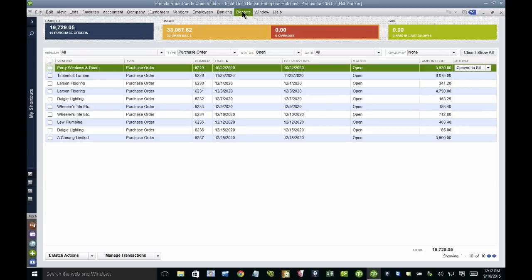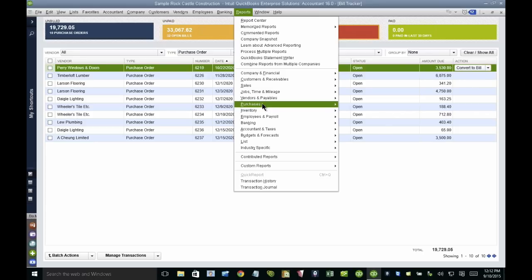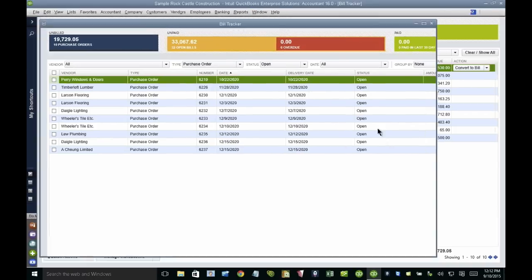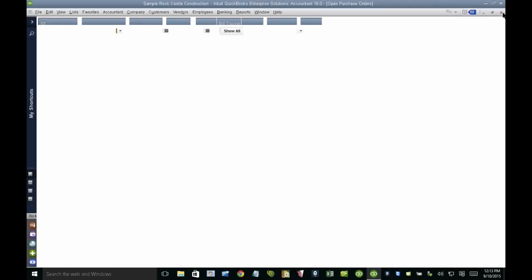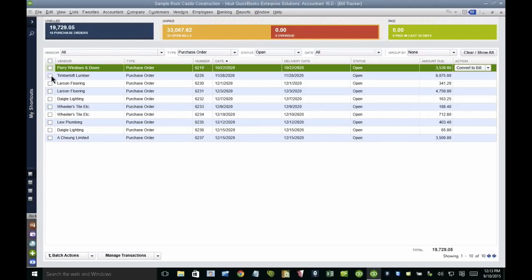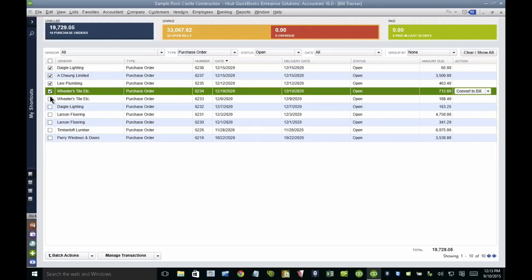So if I pull a report, let me just go back to the traditional way of looking at open purchase orders in this case. It would be under purchases and open purchase orders. This is a traditional way of managing purchase orders per se. Okay, so in this specific report, if this report happens to be huge, 100 pages, right? Because they have almost every open PO from the past. What you can do is you can select all the ones, I can sort these by date or whatever, and I can select which are the ones that I want to